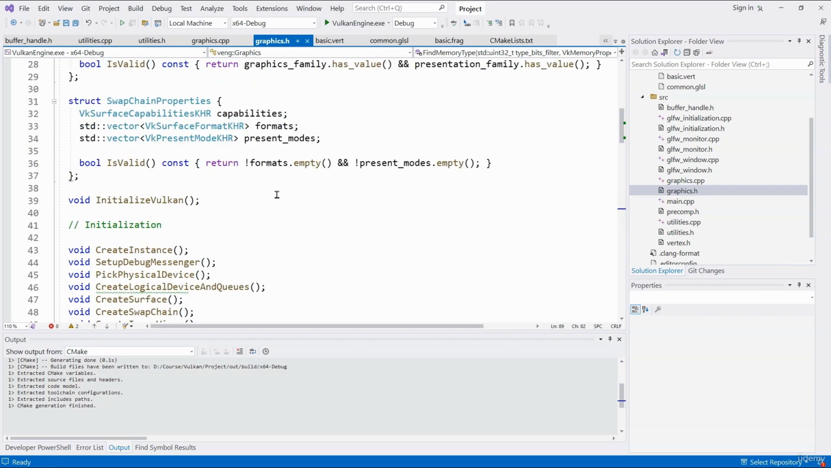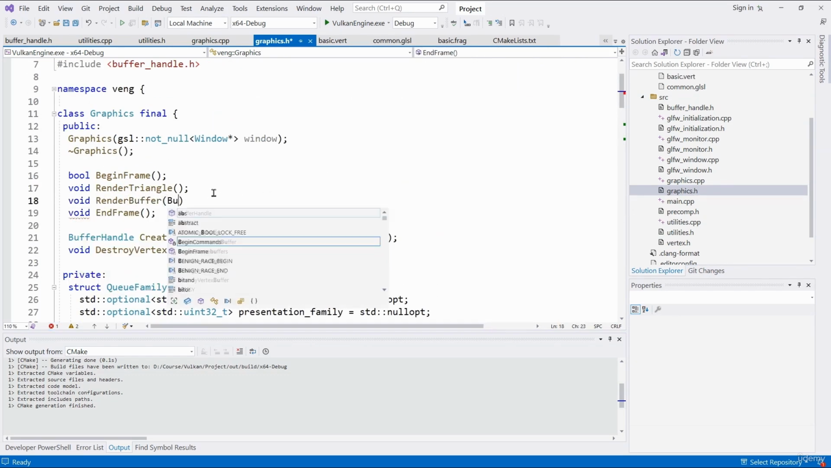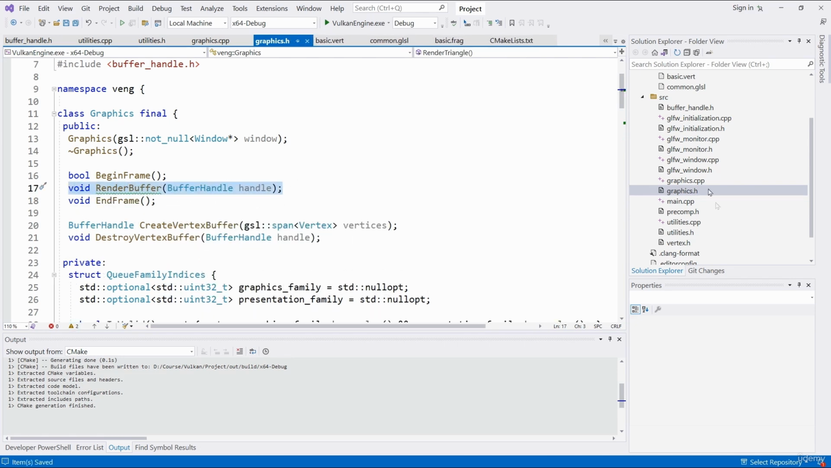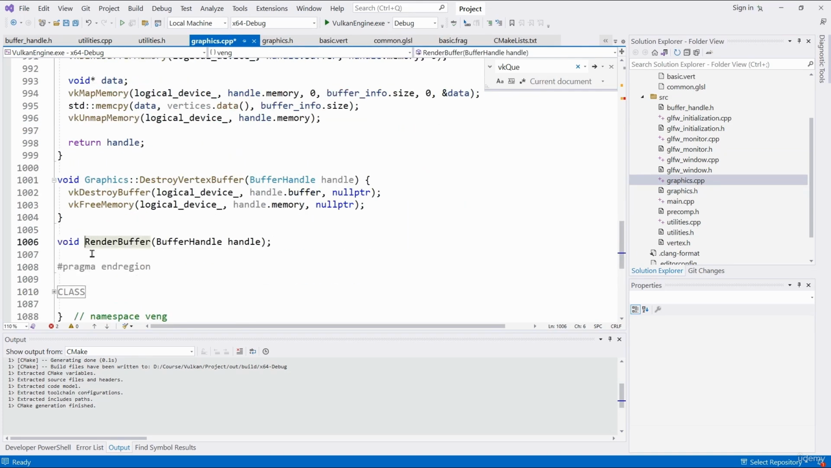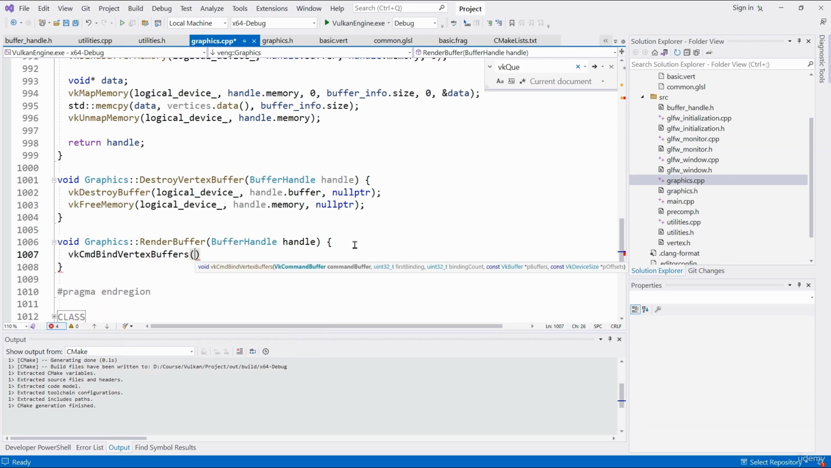Now I will go into the header file. Here we will create a new render function. It will accept the buffer handle, and we will remove the render triangle as we will no longer use hard-coded triangle values. I will quickly implement this in the CPP file. Here at the bottom I create the body of this new function. And the first thing we do when rendering from a buffer is to add a command to bind the buffer to the graphics pipeline. We pass in the command buffer 0 because we are binding the first buffer from an array,